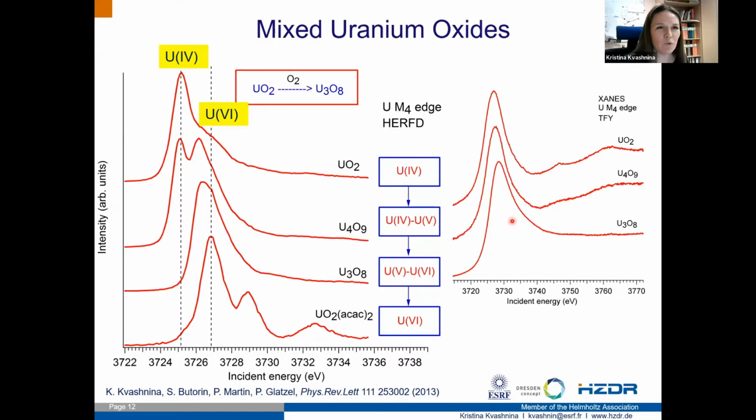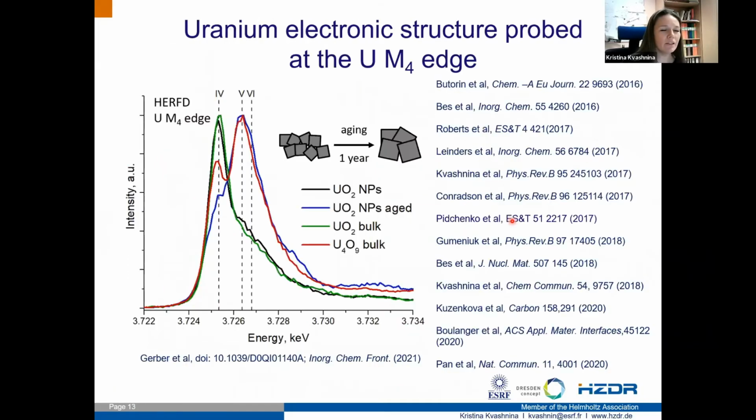So one would really need to have both if you would like to do this kind of studies: go to the tender X-ray beamline, or at least to a beamline which can reach the edges of actinides, but the beamline also has to be equipped with an X-ray emission spectrometer. And I believe the first experiment was done in 2009. So for more than 10 years, in fact,